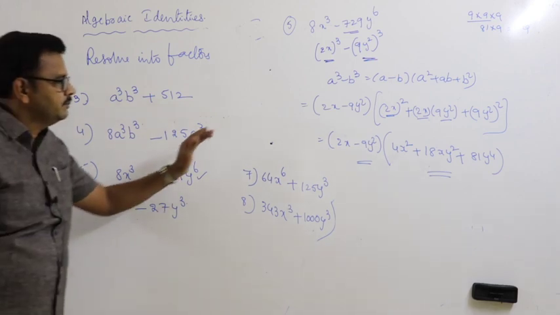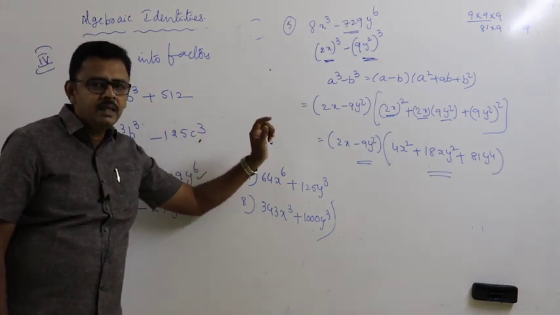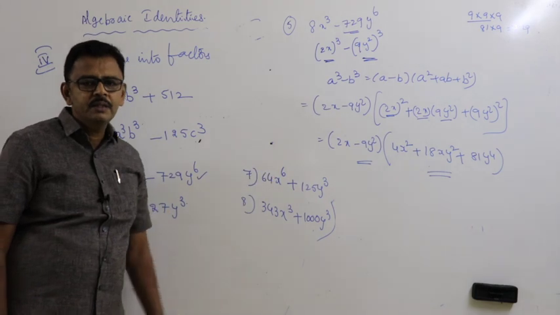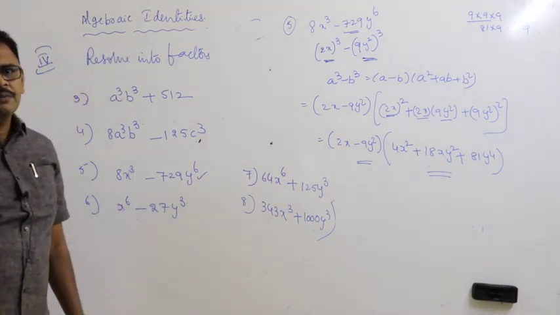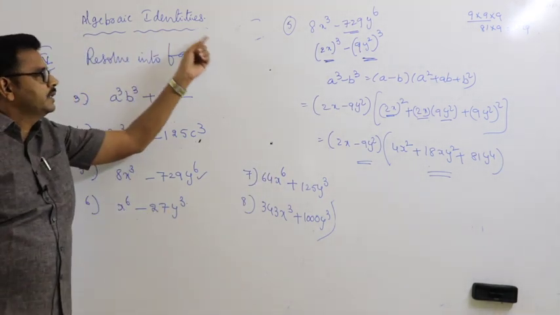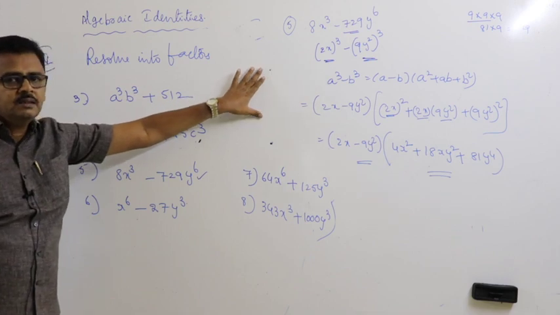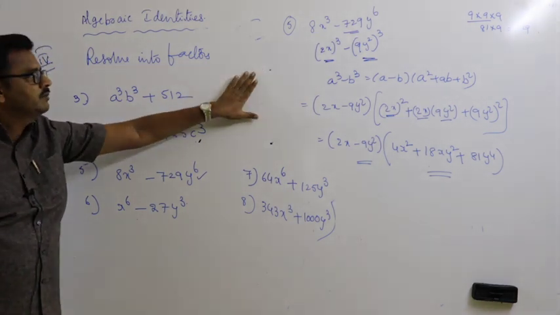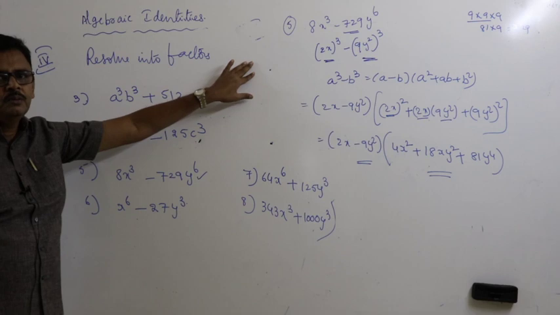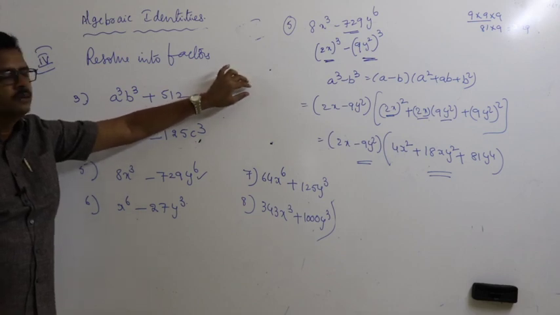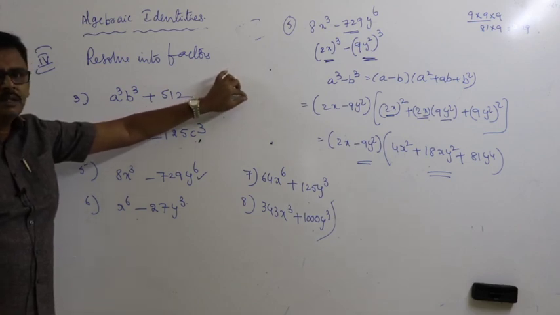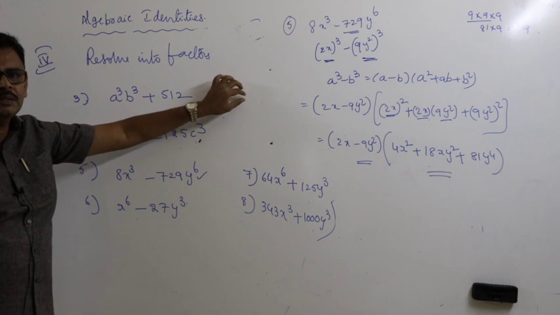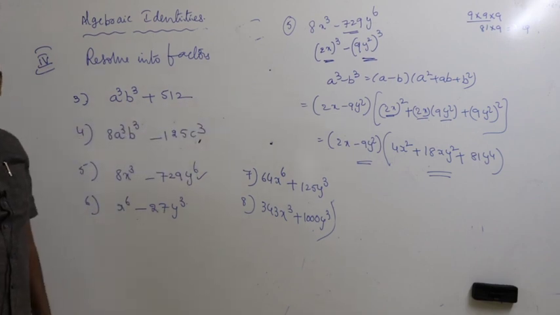So what I am saying is these algebraic identities are very very important. I repeated it a number of times. If you are strong in these areas, you are confident while solving the problems. So you must read and write 2-3 times or 4 times according to your confidence levels. Okay. Next question.